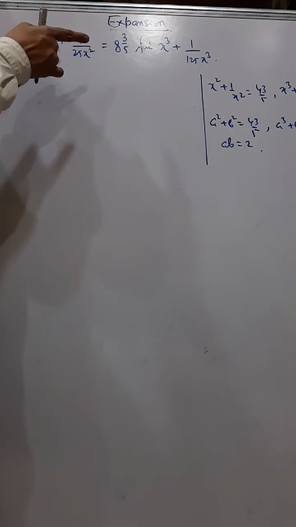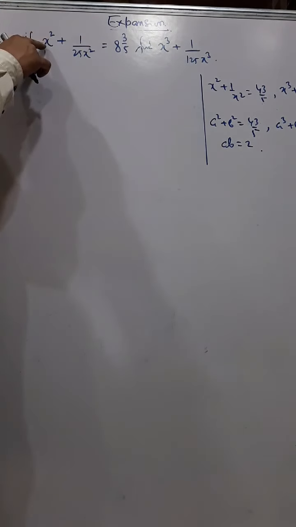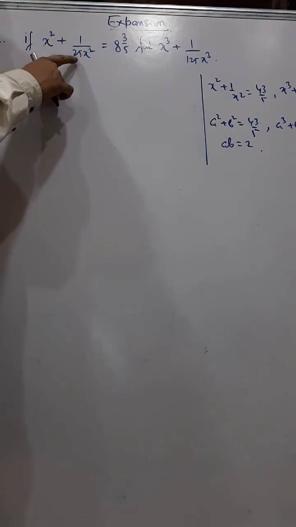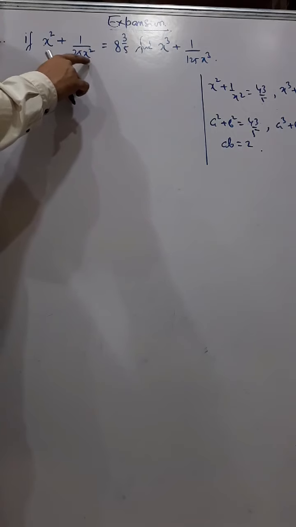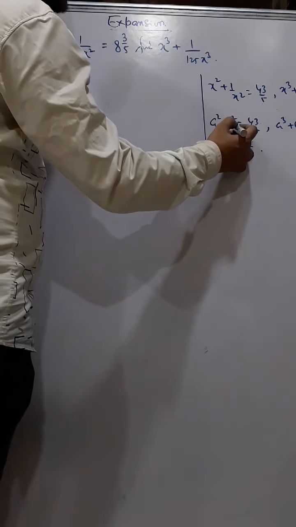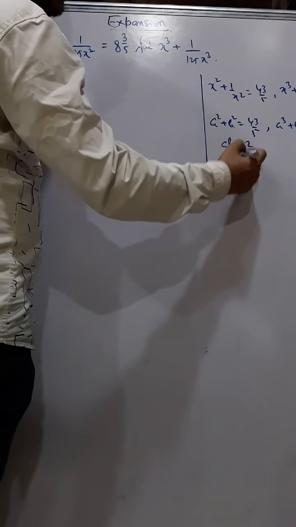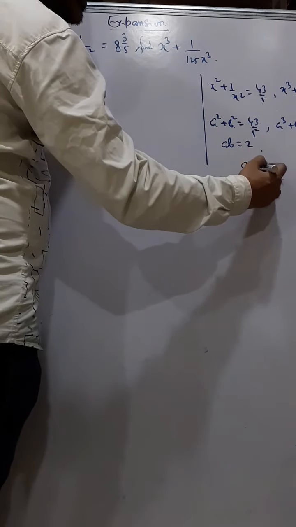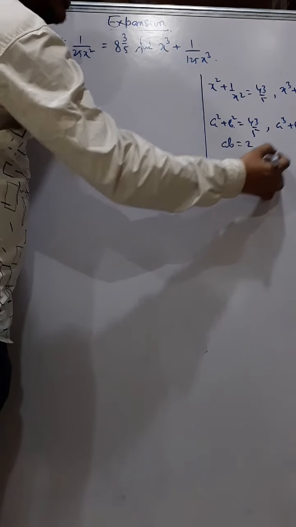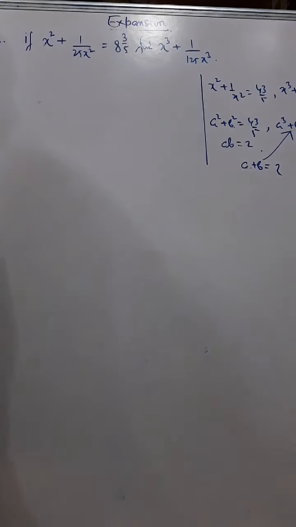So from there you can have an idea of what a and b actually are. You can understand a means x and b means 1 by 5x, because it's squared, no? So try to understand: when a square plus b square is given and you have to find a cube plus b cube, first I need to know a plus b, and then only from a plus b I will get a cube plus b cube.